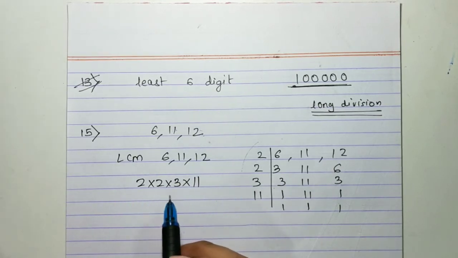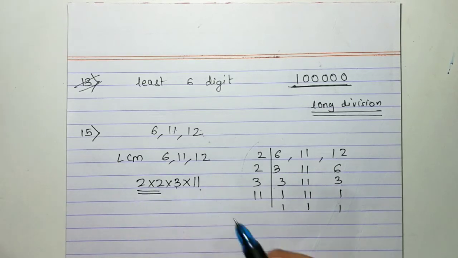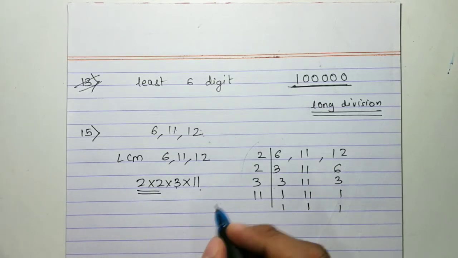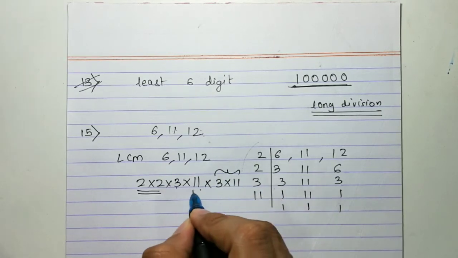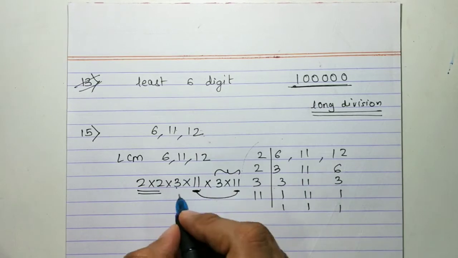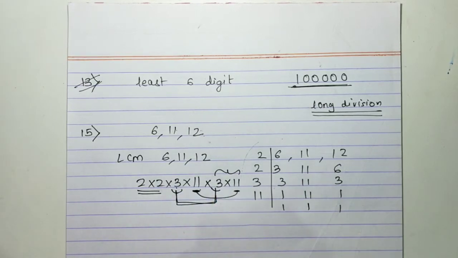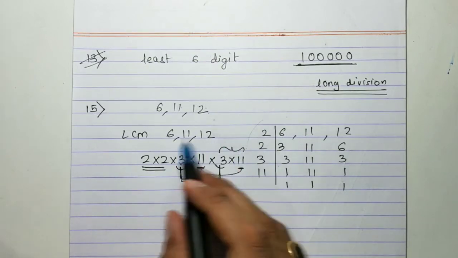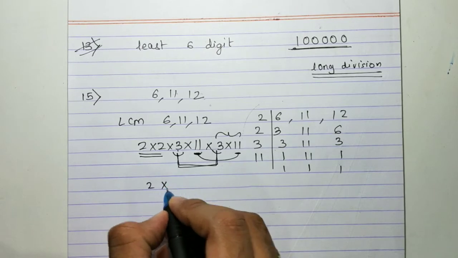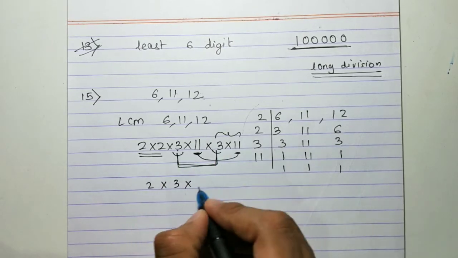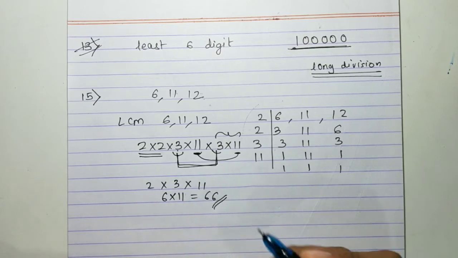Now what I told you, to make it a perfect square, ये 2 तो pair में है, but this 3 and this 11 are not in pair. So you will multiply it with 3 and 11 so that अब ये 11 11 pair बन गए and this 3 and 3 will become a pair. Then how to take a square root? Take one number each from all the pairs. So एक 2 आएगा, एक 3 आएगा और एक 11. So 6 into 11, that is 66 is your answer.